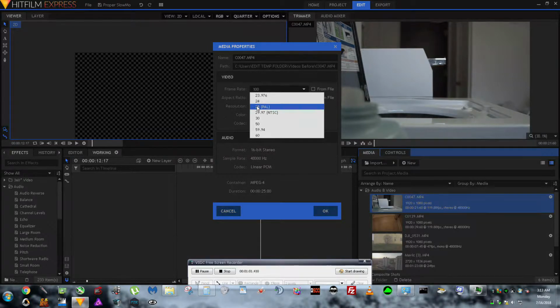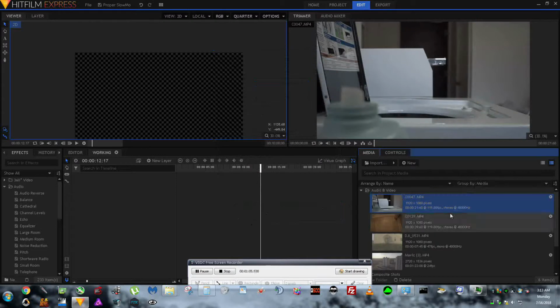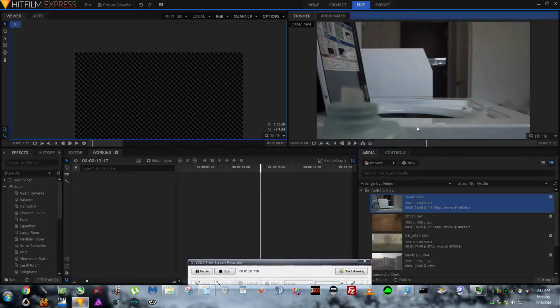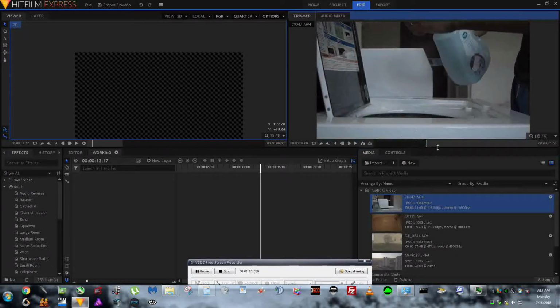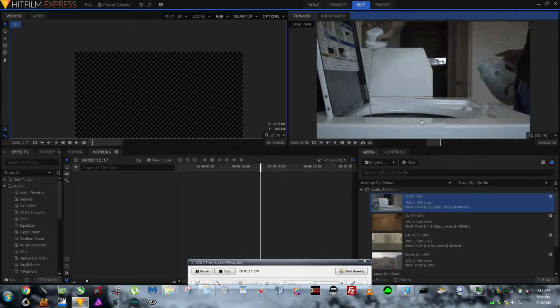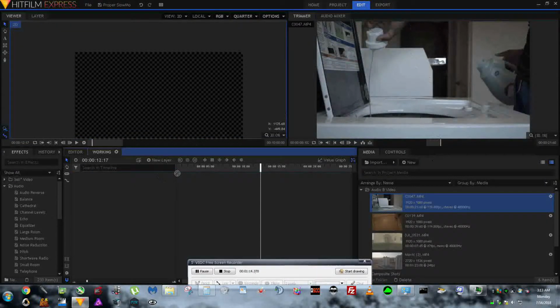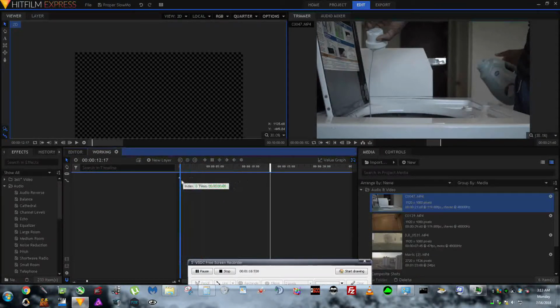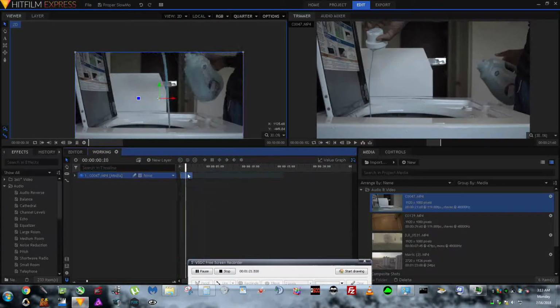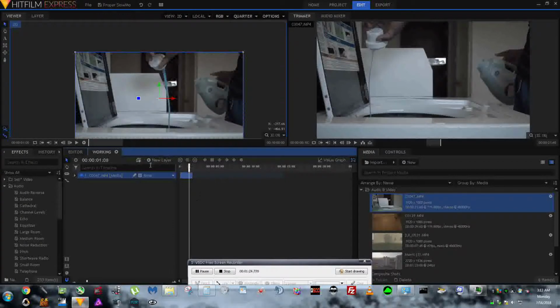So just to demonstrate here, let's make a quick selection. It will be right here, and what you're going to see is that this clip is going to play at 24 frames per second. If you check frame by frame, you're going to notice that my hand is traveling really far. Now, once we change the frame rate here,